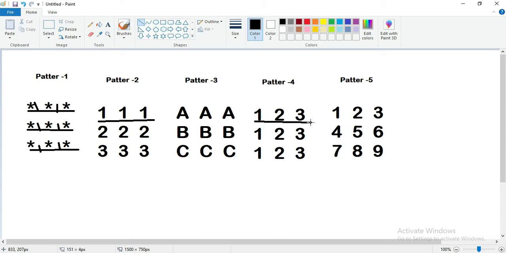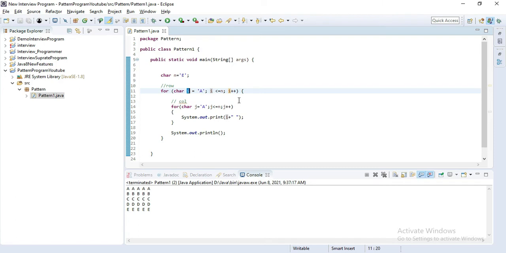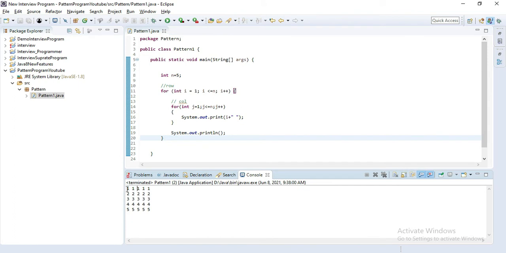So what we can do, we will simply press Control Z and get the previous changes. Let's run this. You can see we got here 1 1 1 2 2 2 3 3 3. Now we have to increment value column wise instead of row wise.